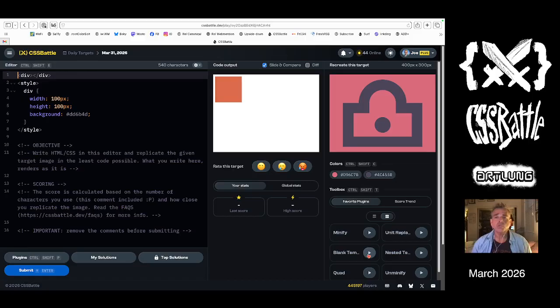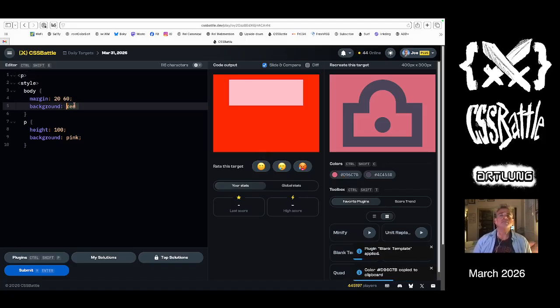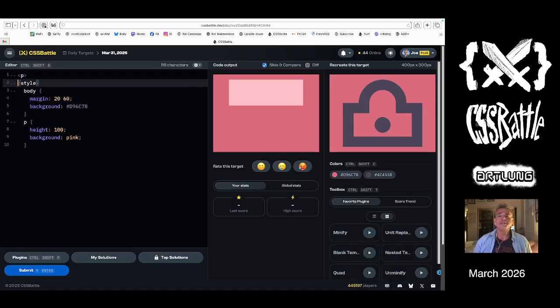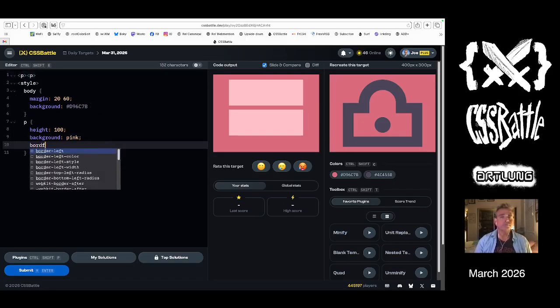create this shape using. Should we do nested template? No, let's do blank template. We'll do blank template. And why don't we do it in two pieces? The first piece is going to be, and each piece is going to have a border,